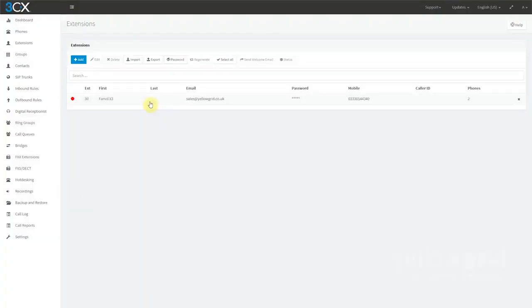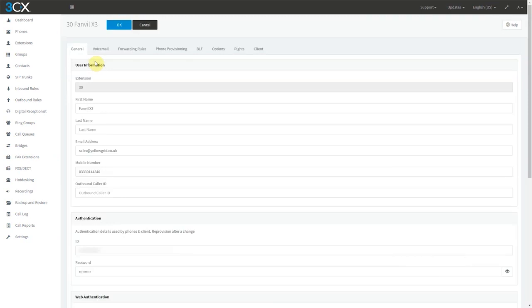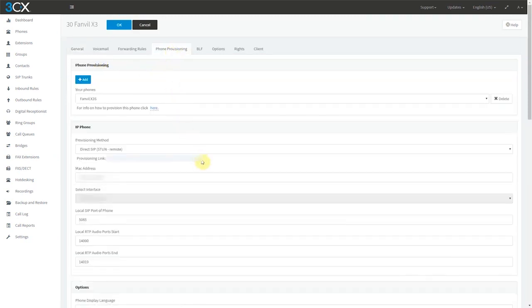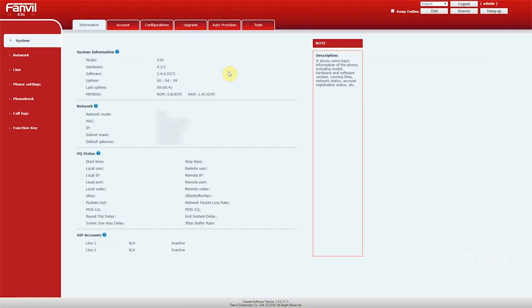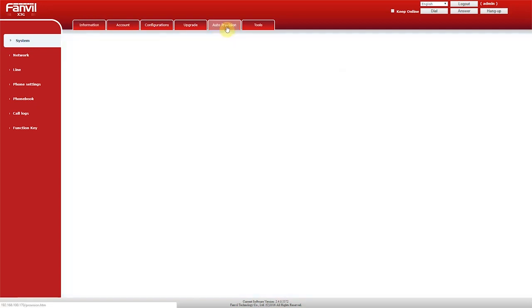If, for whatever reason, the RPS request fails, you will have to manually provision your Fanvil phone. To do this, go to the extension in 3CX, then Phone Provisioning, and copy the provisioning link. Then go to the web interface of your Fanvil phone. Go to Auto Provisioning,